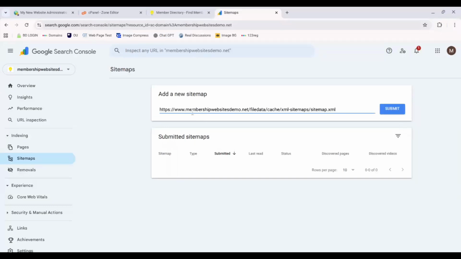We're not going to submit it because this is just a demo website, so we're really not interested in it being sort of submitted to Google or Google crawling it. But that's how you do it. That is how you verify your property and ownership of your website